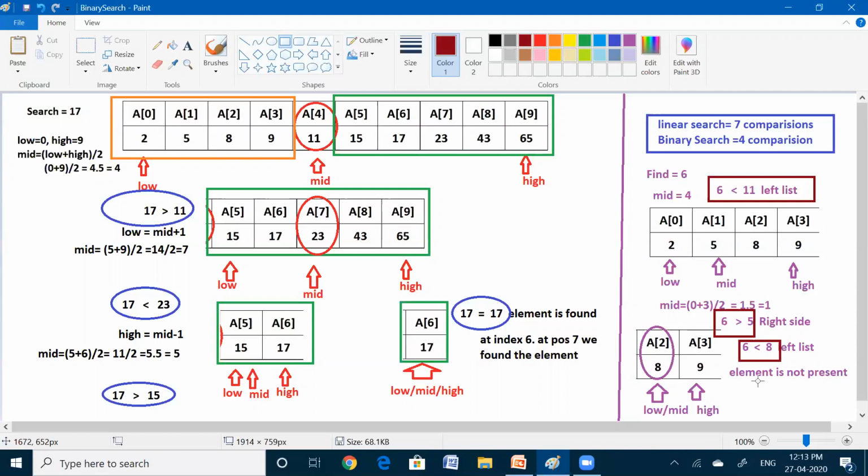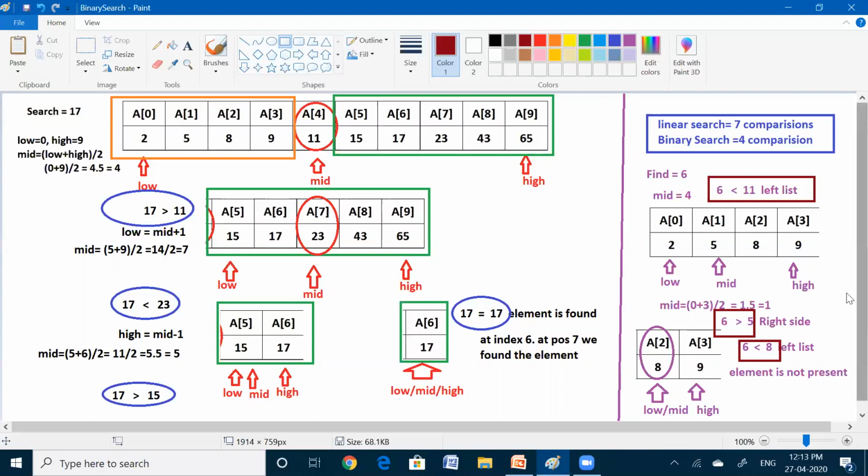If the element is less than the mid element, we search only the left side. No need to search the right side because the numbers are already in sorted order. If the searching element is greater than the mid element, then we need to search only the right side of the list.